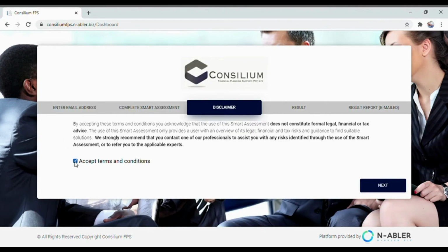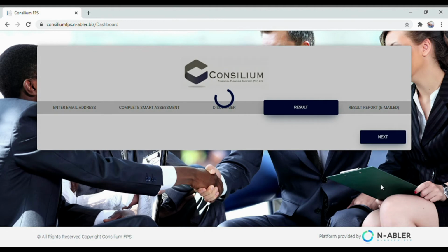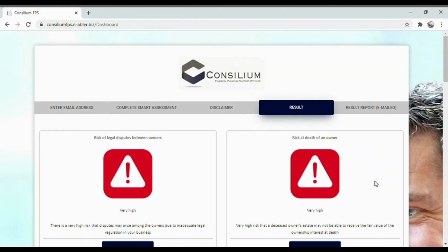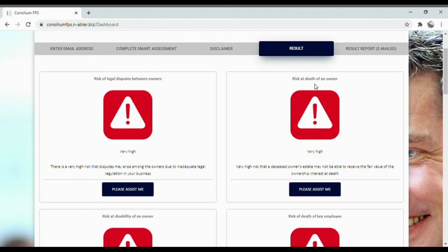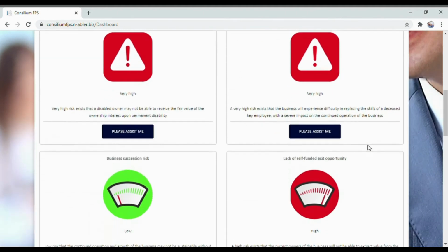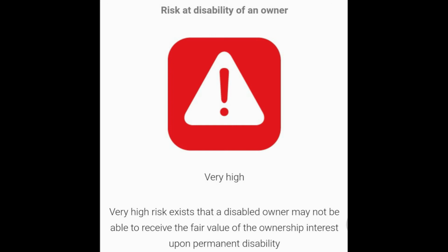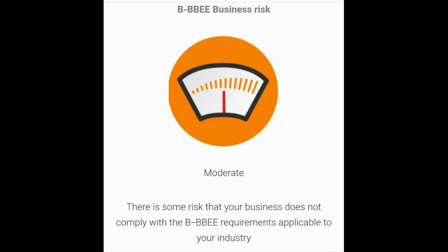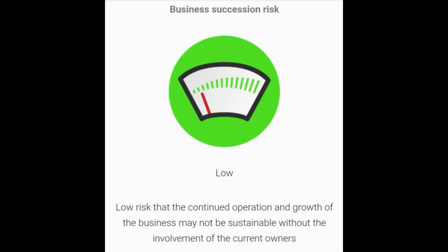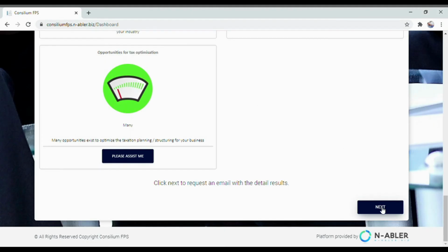After completing the Smart Assessment, accept the terms and conditions and then click Next. Now you will see a visual representation of the client's business risk assessment result, with the highest risk appearing in red, moderate risks in amber, and low risks in green, enabling the financial advisor and the client to easily identify critical